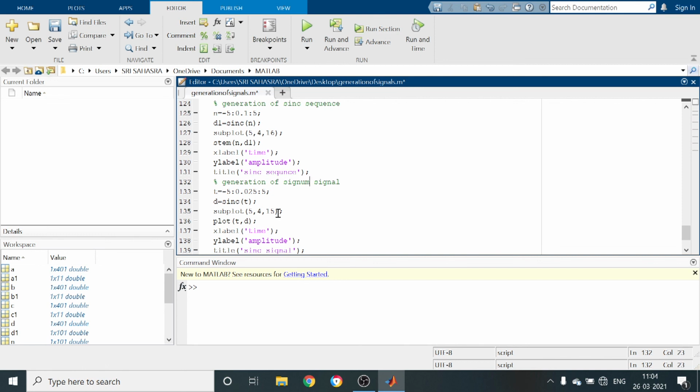What is the signum signal? Signum signal is defined as SGN of t equal to 1 for t greater than 0, minus 1 for t less than 0. So here we have to use SIGN. The command SIGN is used to generate the signum function.